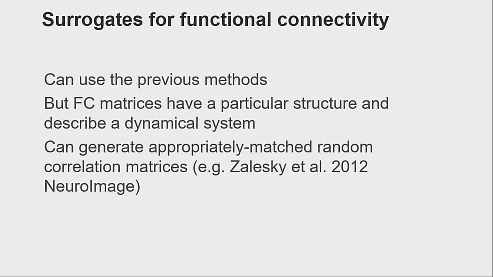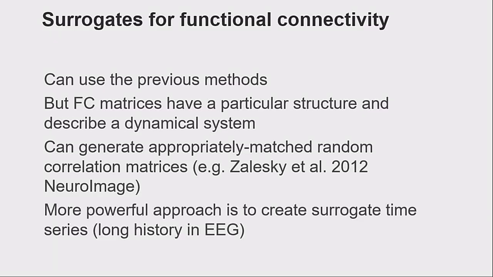It is possible to generate, under that constraint, that the matrix that you're randomizing is still a correlation matrix. There are methods for dealing with this, and Andrew has a paper looking into these. But I think the more powerful approach is to generate surrogate time series, so go back to the data on which you've been calculating your functional connectivity, and randomize there, and then calculate your functional connectivity or dynamic functional connectivity, rather than just doing it at the